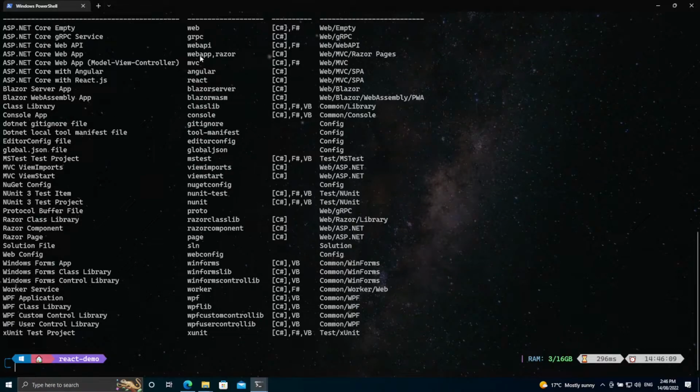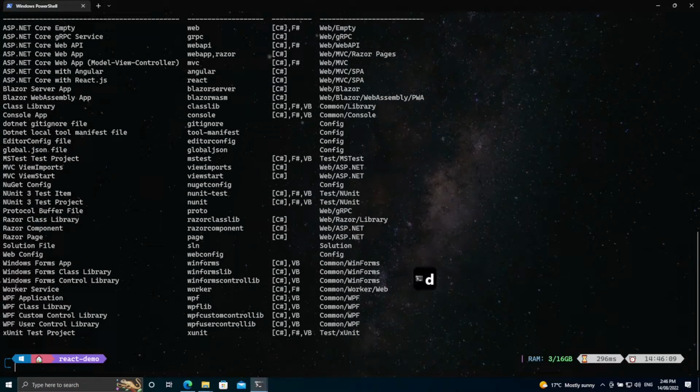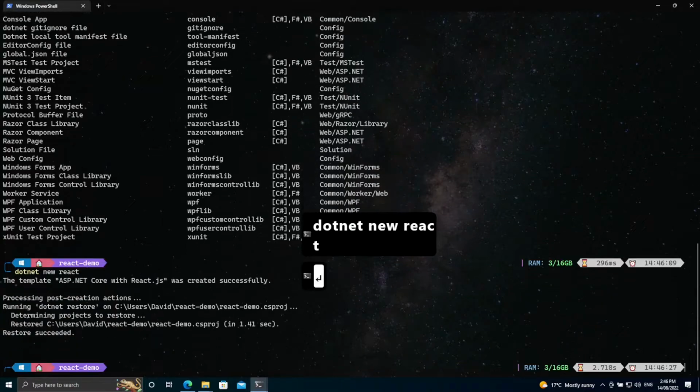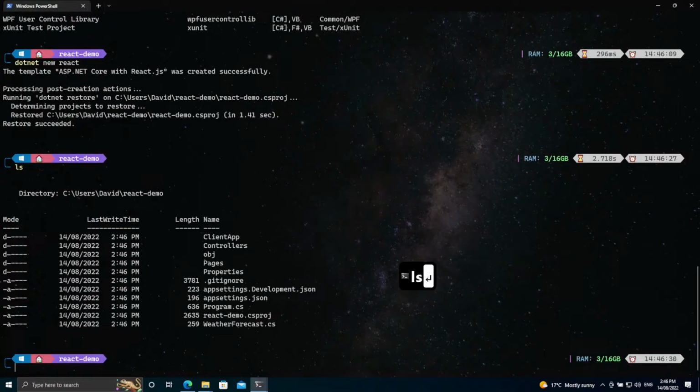So I'm going to choose the React one, which is somewhere here. There. So dotnet new react. Right. So now I'm going to open. If I explore, show the contents of the folder, you can see that it created a Program.cs file. So if I do nvim